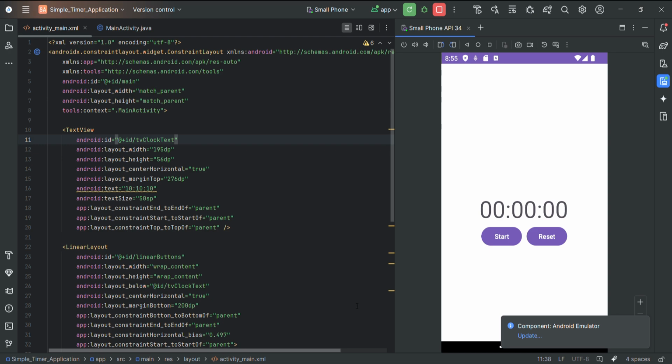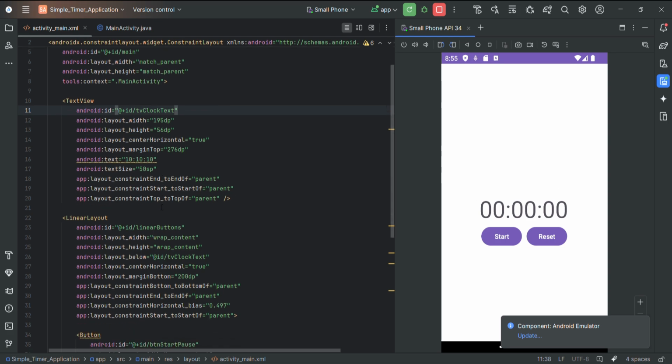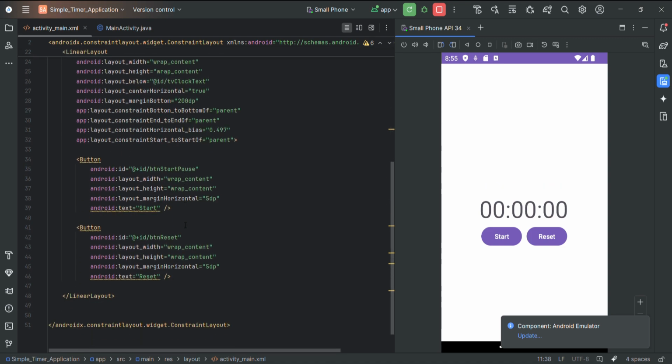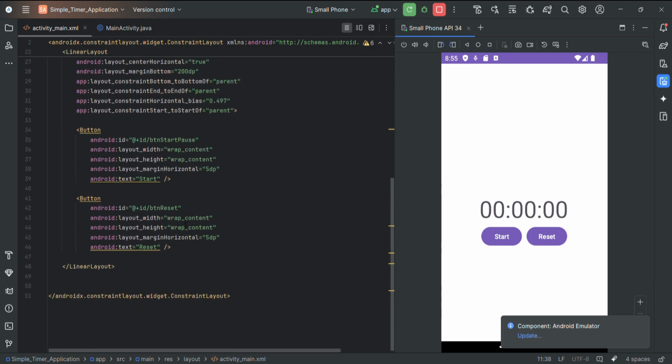This app is designed to act like a stopwatch, continuously counting seconds, minutes, and hours. I have used Java along with Android's built-in countdown timer class to handle the timer logic. The user interface includes a text view, linear layout, and a button to display the time, along with start, pause, and reset buttons